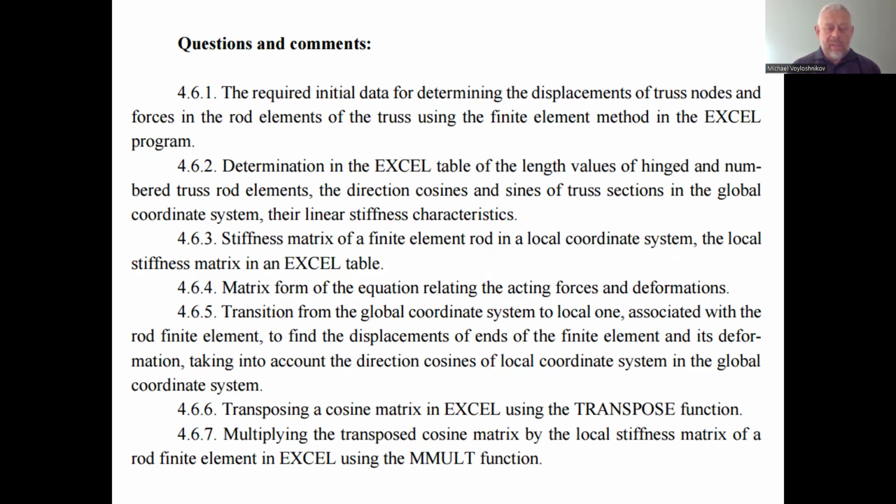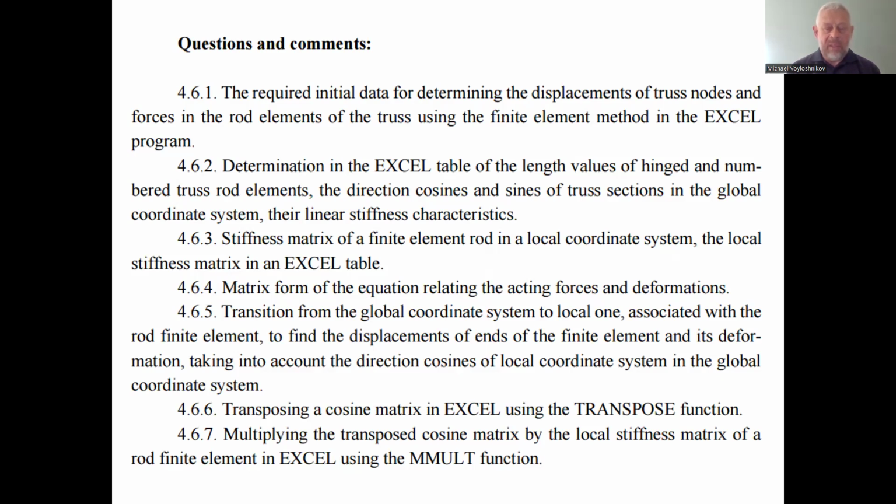The geometry, I mean the coordinates of the nodes of the connection of the finite elements if it is a rod mechanical system like a truss or maybe a frame. We have to know the coordinates of the connection of the finite elements within the discrete model of the mechanical system. Besides, we have to have the external load and the characteristics of the